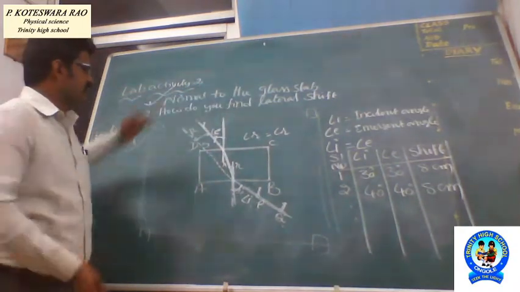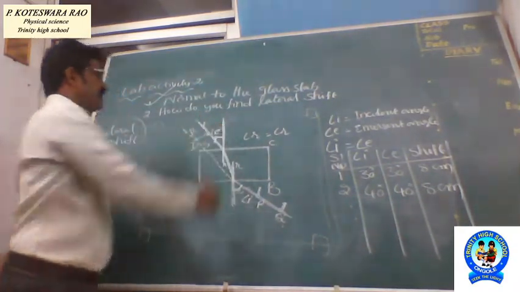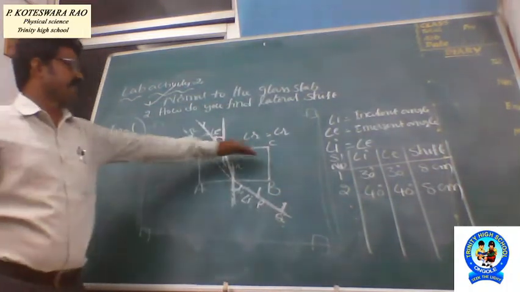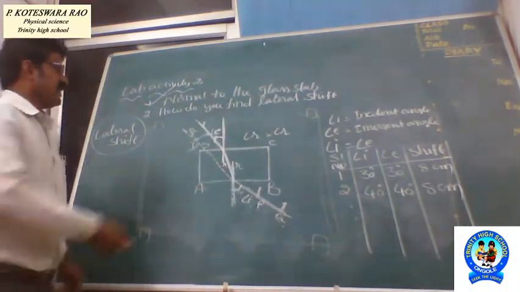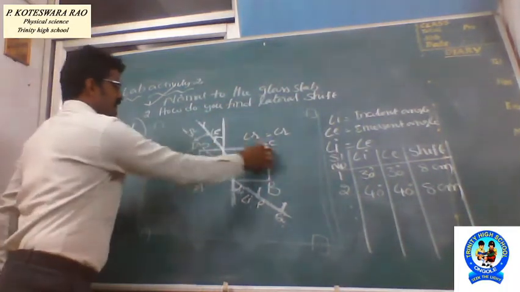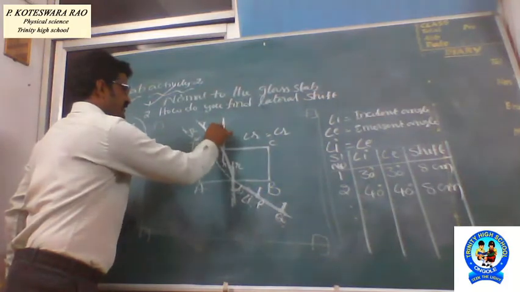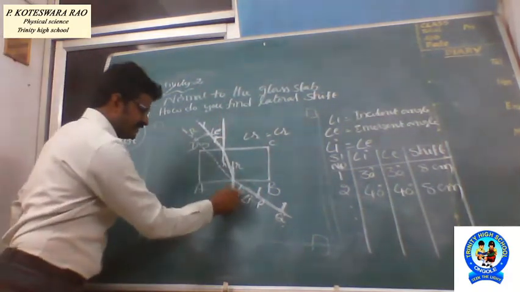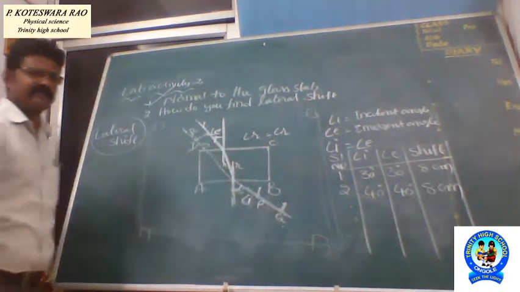At that R and S we want to fix two more pins and remove that pins, and we can draw one line. That line should touch this CD line, and here also we can draw one perpendicular line. It touches here, and this angle is nothing but the emergent angle. And what about this angle? This angle is the incident angle.